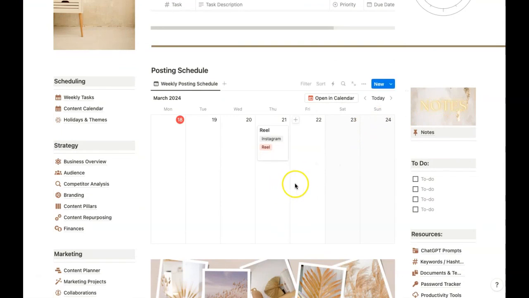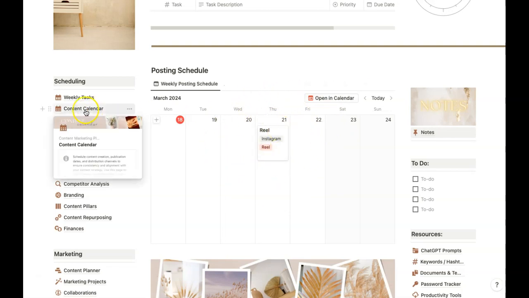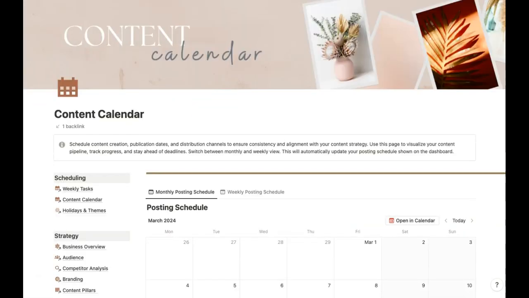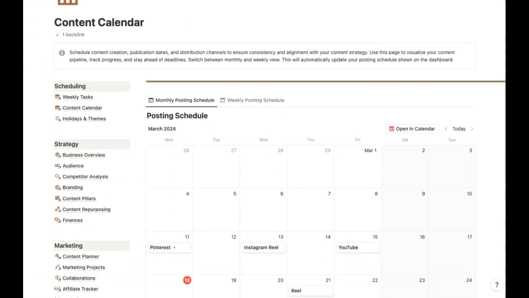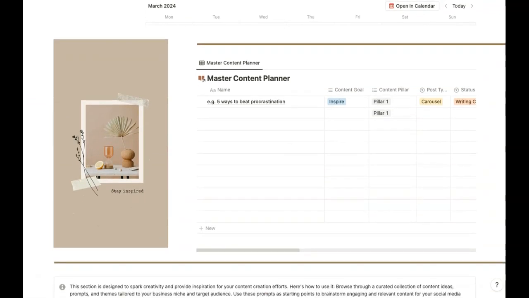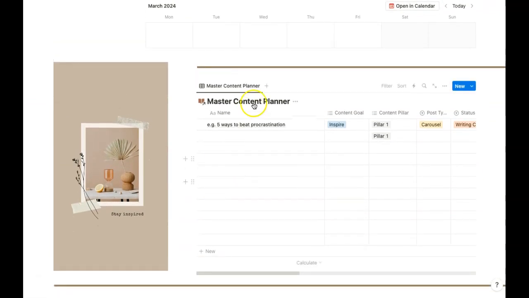So the 21st, as you can see, that entry that I just made in the content calendar has now automatically updated in our posting schedule so that we can see that for the week that we are actually working on. So that's really helpful to know. So if I just go back to the content calendar, what you can also find here is a master content